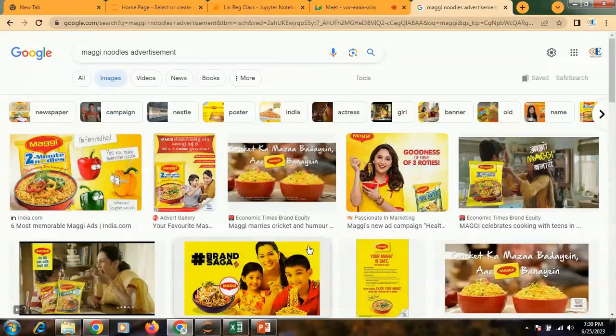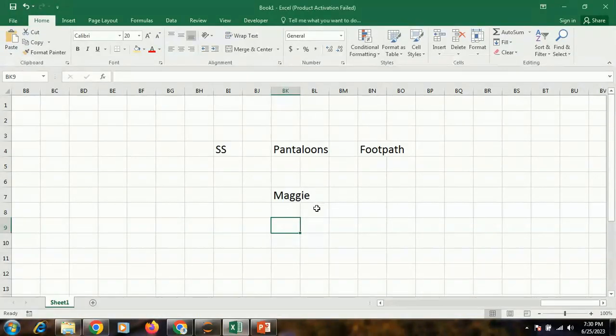Okay. So as their promotion, Maggi noodles, a few times back also I was saying, if you buy Maggi noodles, you get a Hot Wheels car free, some toy car as a free gift, because they understand that if you give a free gift like this, the kids are going to get influenced, and in return they will influence their parents to buy Maggi noodles just to get this toy car.